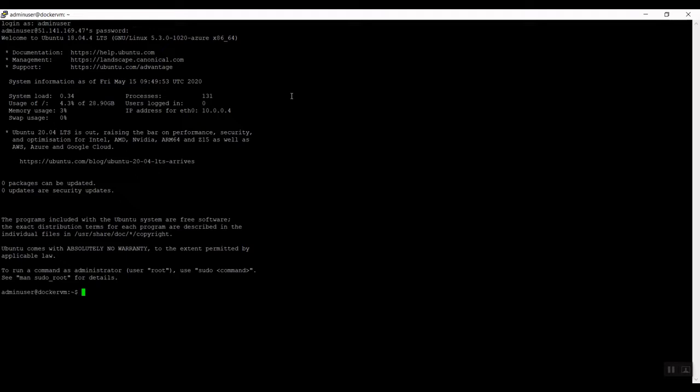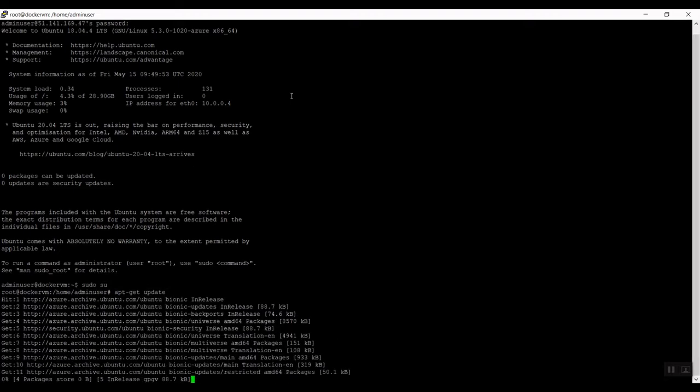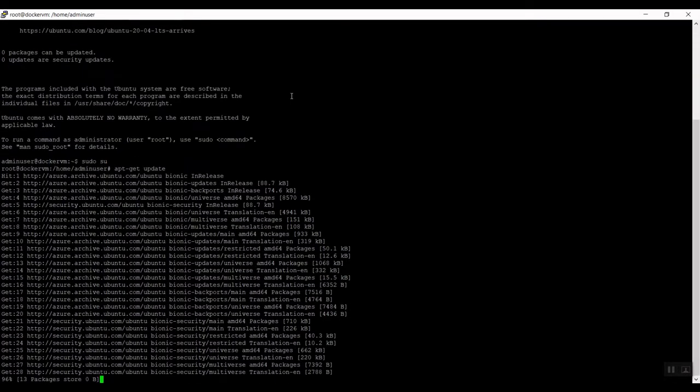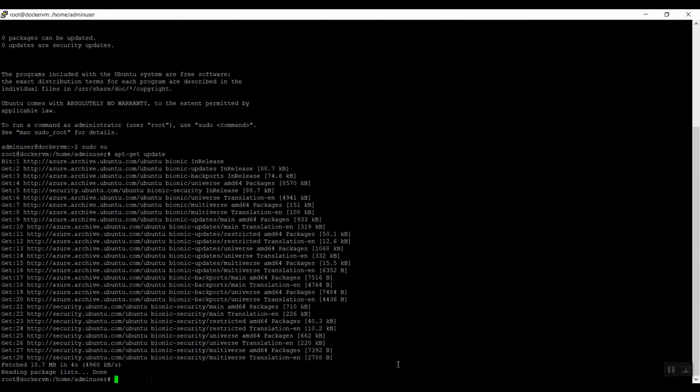Now execute the command sudo su to become the root user. Let's update the system by running the command apt-get update. Click enter. It's happening. Let's wait. It's done. Now let's install wget by executing the command apt-get install wget -y.